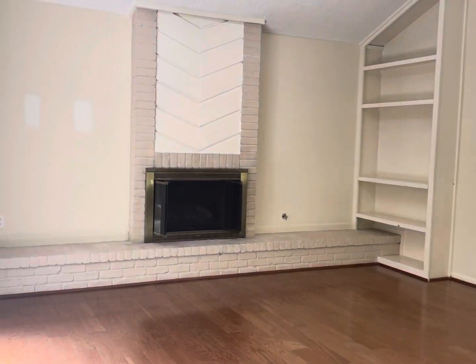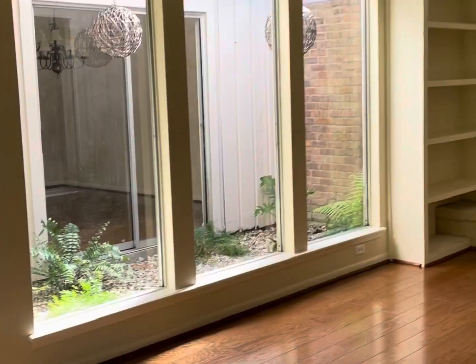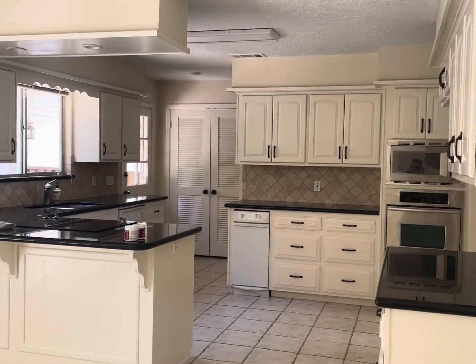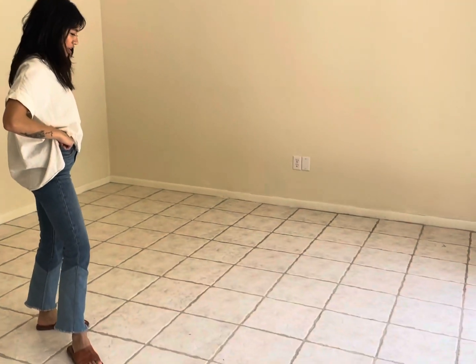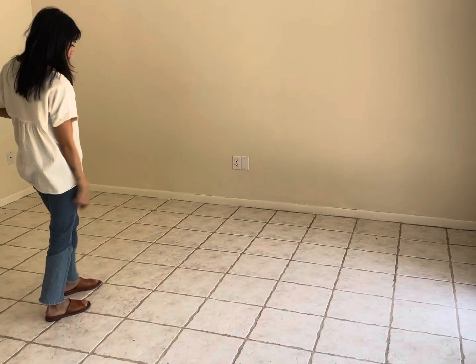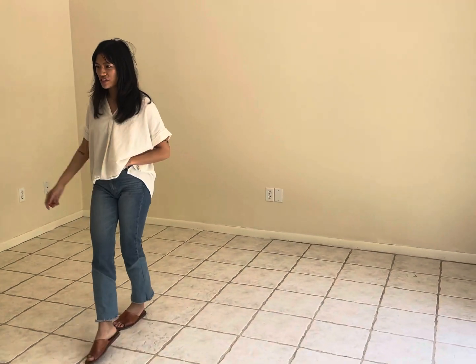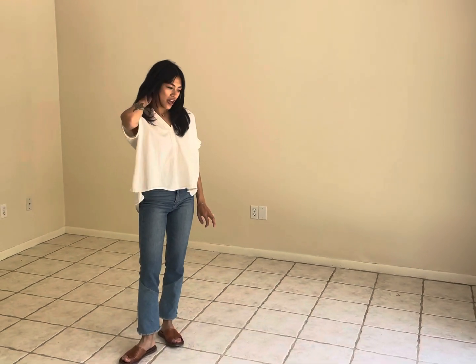A little sneak peek. I already started putting some paint on the wall to see which color I want. We have got to get rid of this cream color. This is what the kitchen looks like right now. This floor, we are thinking about, what is it called? What's the term? Demolishing. No, there's another term. Tearing it out. We're thinking about tearing out this whole floor in the kitchen and putting bigger tile, possibly darker tile, but we're talking about a lighter tile now, just so that we can keep it nice and open feeling